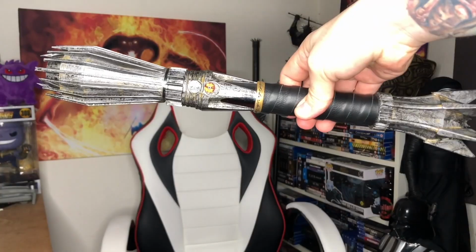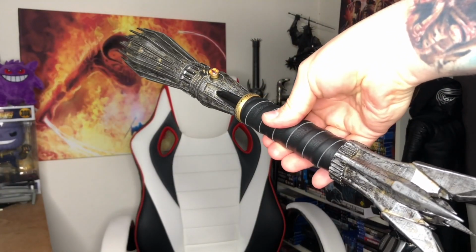Next up is my Lord of the Rings Witch King lightsaber. This is made by Blue Force Sabers. Basically, I found them on Etsy, and I just said, yo, Witch King's my favourite character in Lord of the Rings. Imagine a lightsaber that he would have. And they made this, and I'm in love with it. Still to this day, one of my favourite hilts. It's currently running